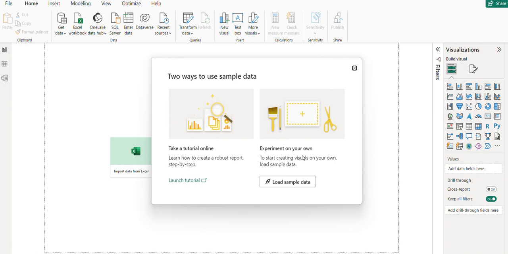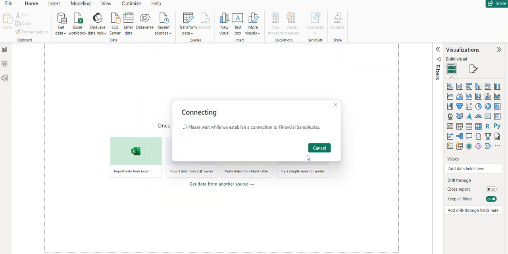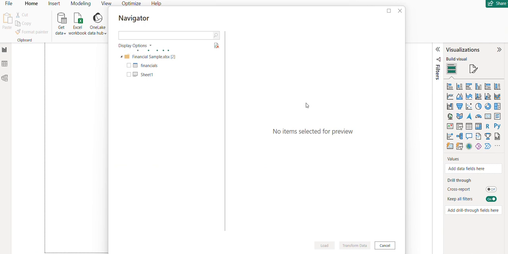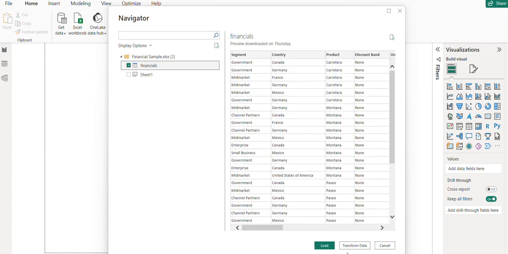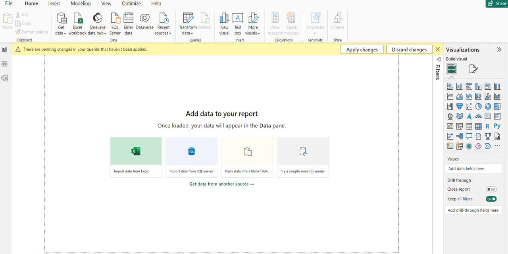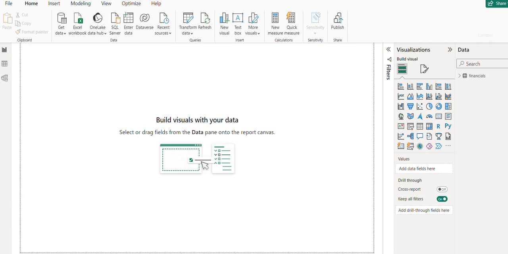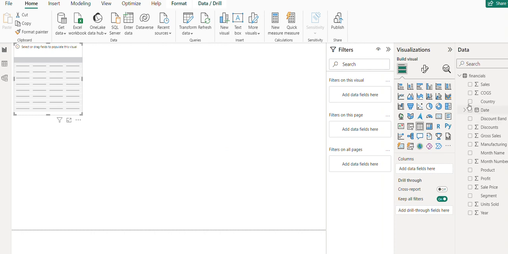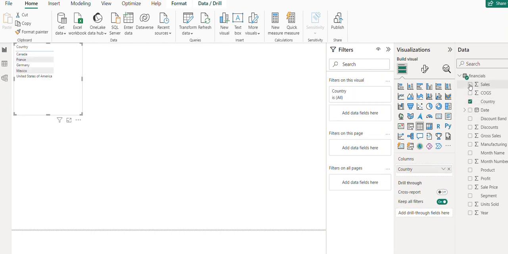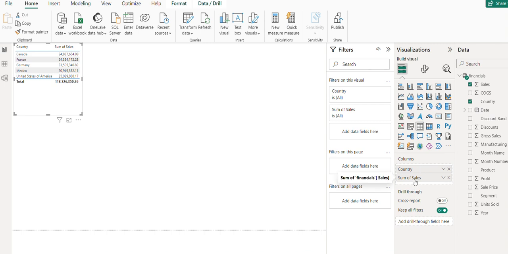So I'm going to take the existing data here as usual, financial. So here we have the data, financial. Okay, I'm going to use the usual table visual. Here I'm going to take country and sales. This is the calculated column computed based on the existing column called sales, which processes for every row existing in